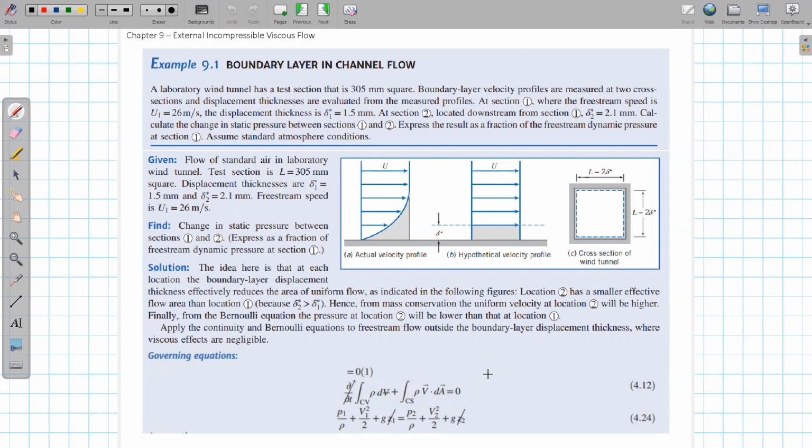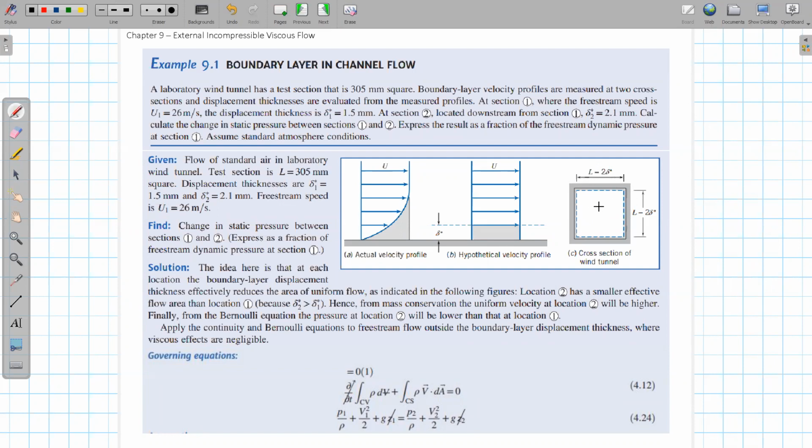But the idea is that we can assume that if this L is very large, and this is a square channel, this channel width L is very large, then in the region close to the entrance point, we can assume that we will develop a boundary layer on each of these four side plates, and assume that this L is much larger than the boundary layer thickness,